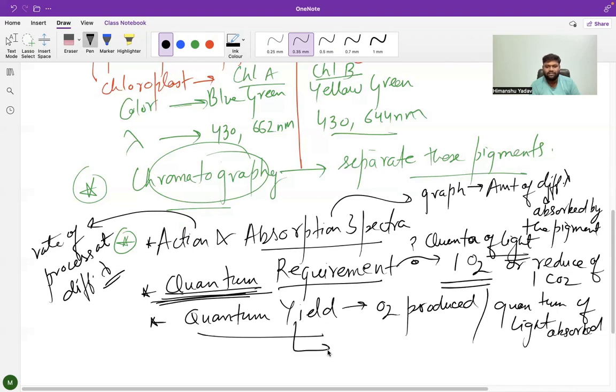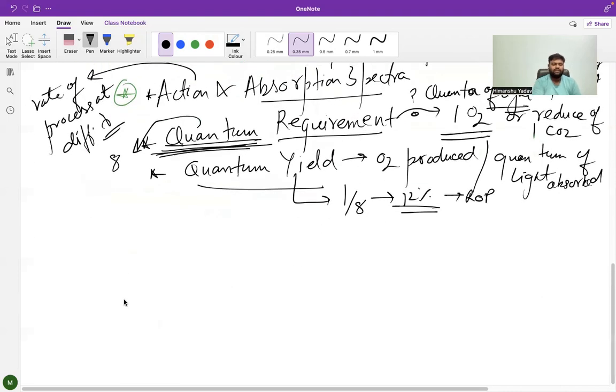So it is generally 1/8 or 12%. That represents the rate of the photosynthesis. And the quantum requirement is 8. So dear student, let us now understand that if this is a graph,